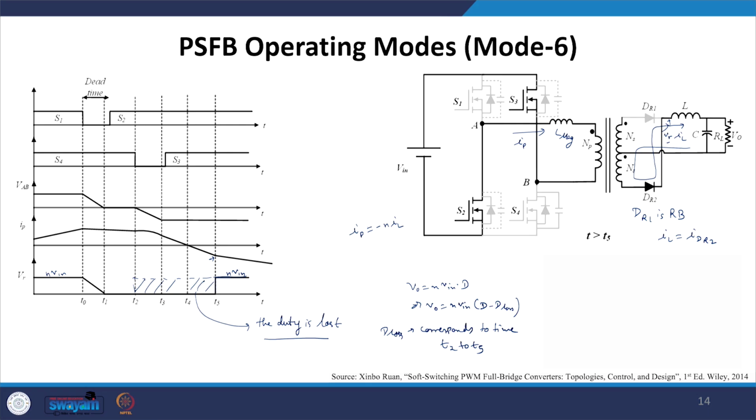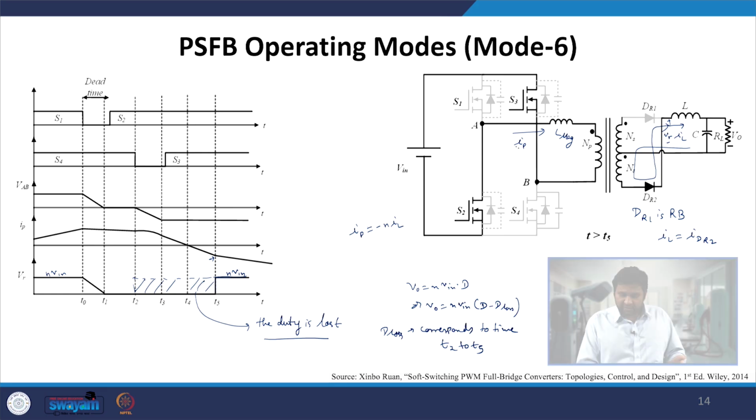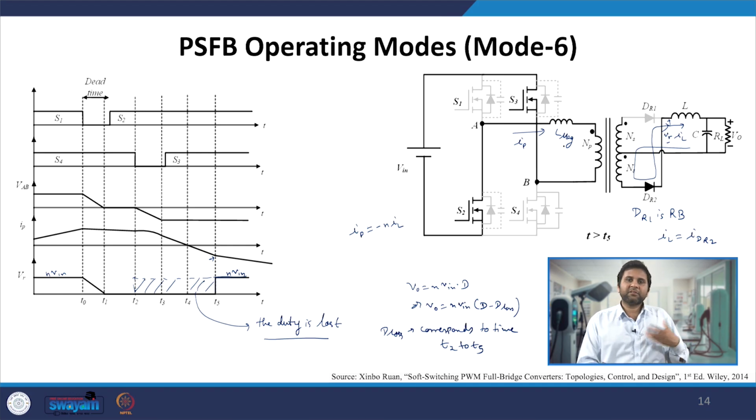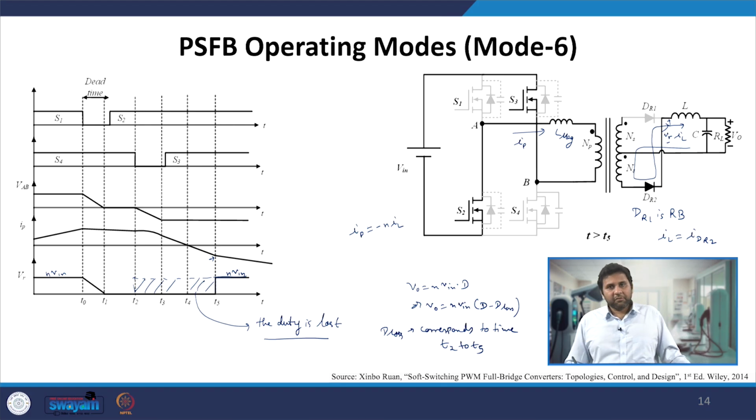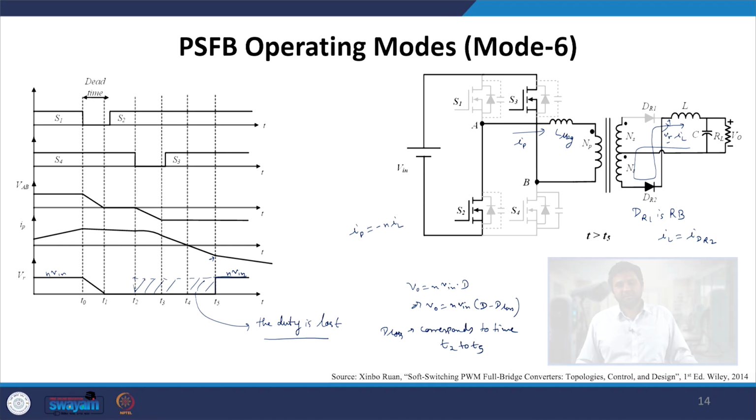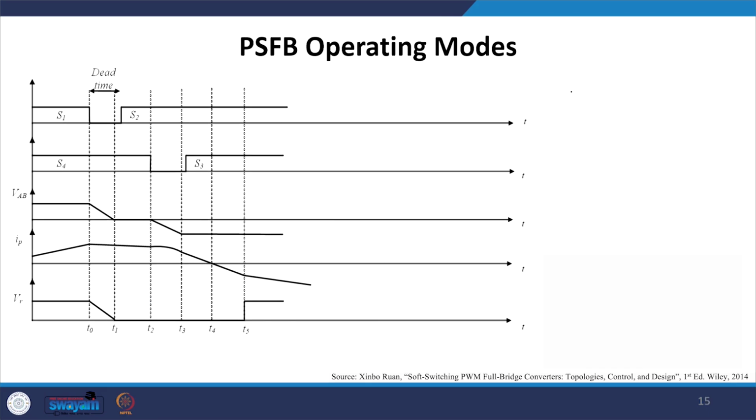Although we are achieving the soft switching of the leading leg, by default the lagging leg, if we have sufficient IP current and the leakage inductance is sufficiently large, then we will also achieve the ZVS turn-on of this lagging leg as well. However, the price we have to pay is the actual duty which is getting lost, and that's when our actual output voltage is slightly lesser compared to what we could have achieved when we do not consider these soft switching cases. Now let us see how this will repeat itself after the time.